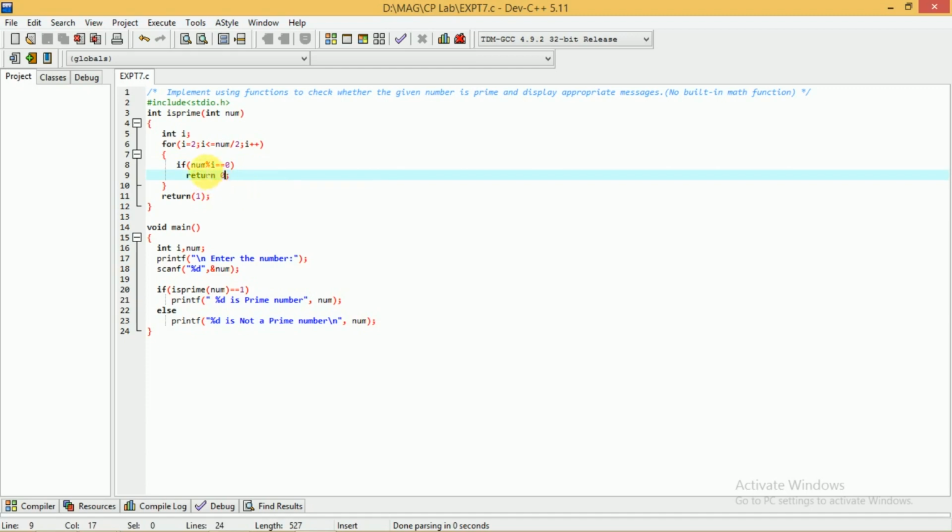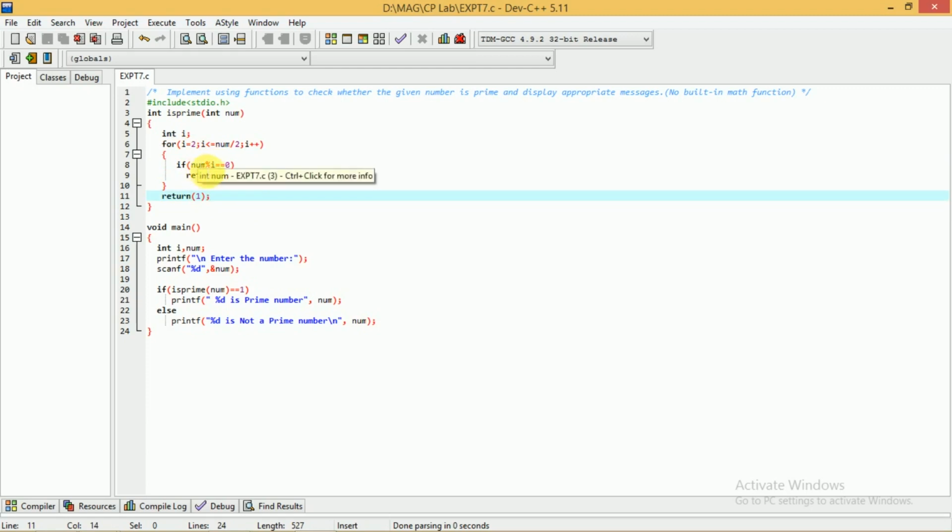Understand this? These two lines are present as a part of this for loop, so repeatedly it is going to check whether num is divisible by i. The i value starts from 2. First, num will be tested whether it is divisible by 2, whether the remainder is equal to 0. If no, again it will come back here. The next value is 3, so it will check whether num is divisible by 3. No. Again it will come back here. It will check whether num is divisible by 4, and so on until the i value is num divided by 2. In between, whenever the value is 0, it will simply return 0.